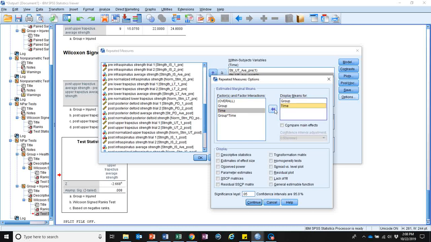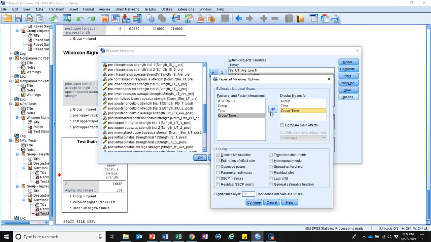Now, the interaction is the combination, and what you're really looking for in this analysis is group by time. So what you're hoping to see, right, as we hypothesize that the exercise would have a bigger effect on the injured group than on the healthy,